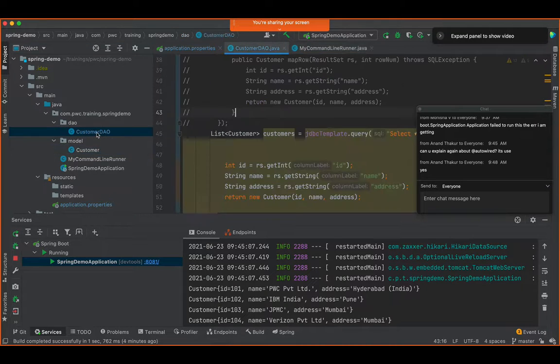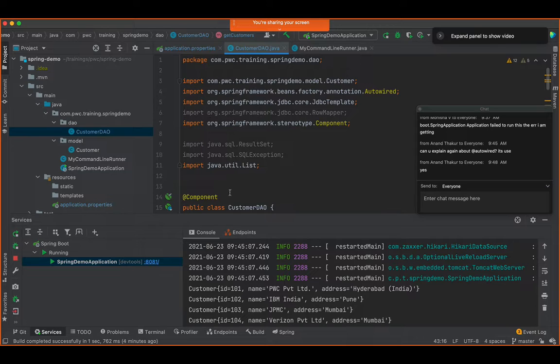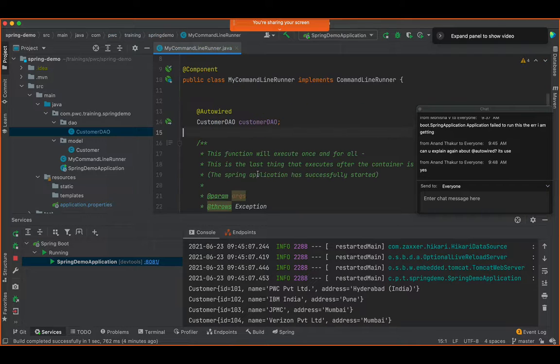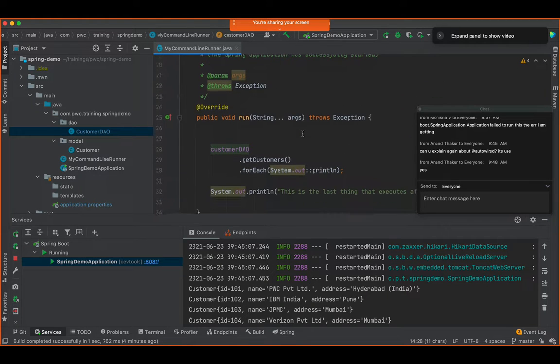So customer DAO is a component which will be instantiated by the Spring container, to be very specific, by the bean factory of Spring, and it will hold on to the reference of this object. Wherever I use @Autowired customer DAO, it will inject the dependency so that I can keep on using it anywhere in my application.